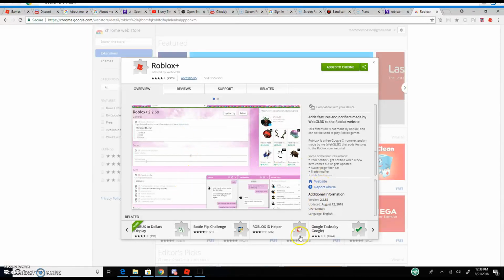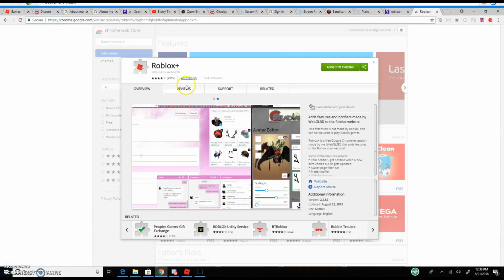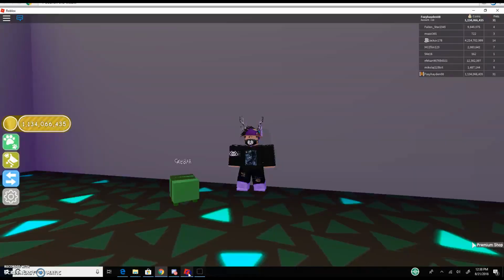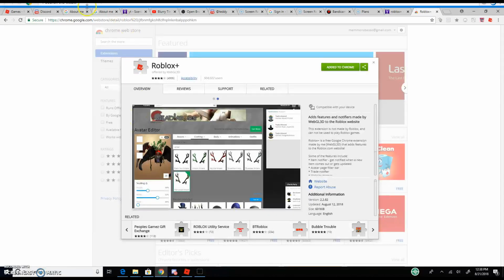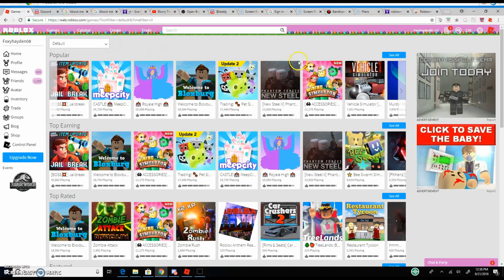And I'm not gonna go to my settings because then it'll show my email, so I'm not gonna do that. But this is really helpful if you're like a trader that likes to trade a lot and stuff like that. You could go to here,